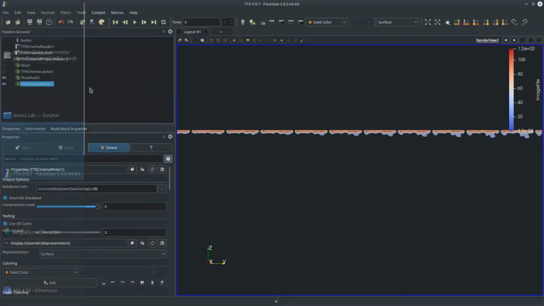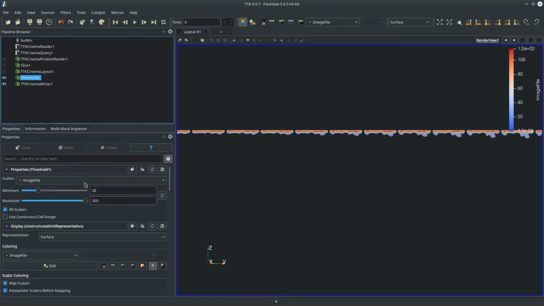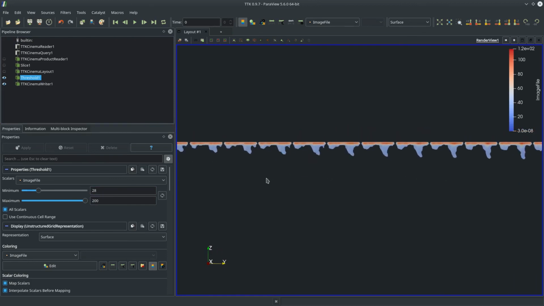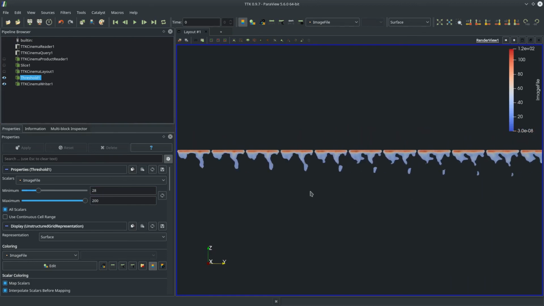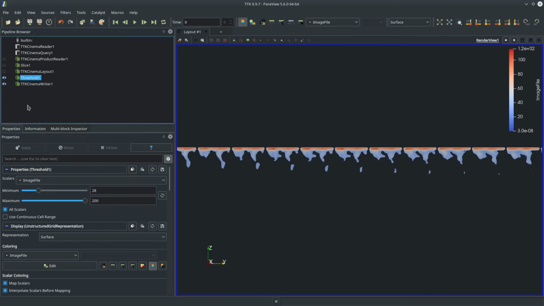So let me get back here to ParaView. So if, for example, here I want to store the threshold value I computed for these slices, I can do this by manually setting field data, attaching it to it, and the cinema writer will also store that. And for some more of these advanced uses,